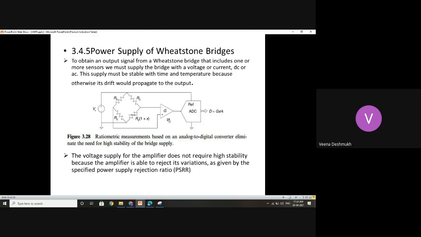Whenever any op amp is selected, first the common mode rejection ratio is studied from the data sheet. Then your PSRR. Now naturally for an amplifier, it is not that it is a setup of power supply and amplifier which is used in pairs. You can use any power supply which is giving you the regulated voltage. It is not that this is the matched pair only that should be used, nothing like that.